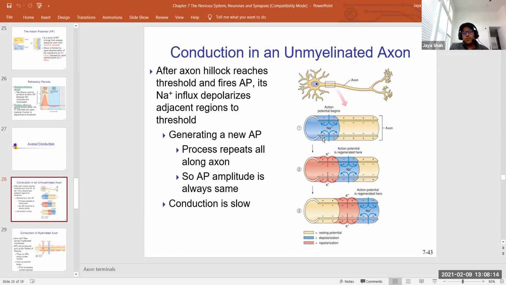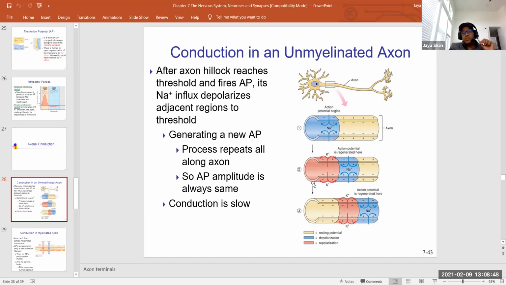Inside was earlier negative, now it becomes positive, but here in the resting part it is still negative. Now another section of the axon opens. So the sodium channel opens here now. As you remember, opening of a sodium channel is a positive feedback mechanism. So opening here, more sodium comes in, then this area opens its sodium channel, and that's how it goes. Like you have negative, positive, negative, positive, in, out, and that's how electric current is passing in the